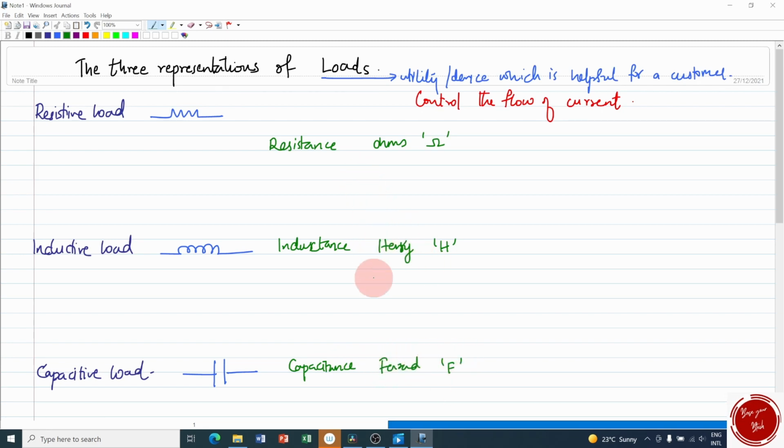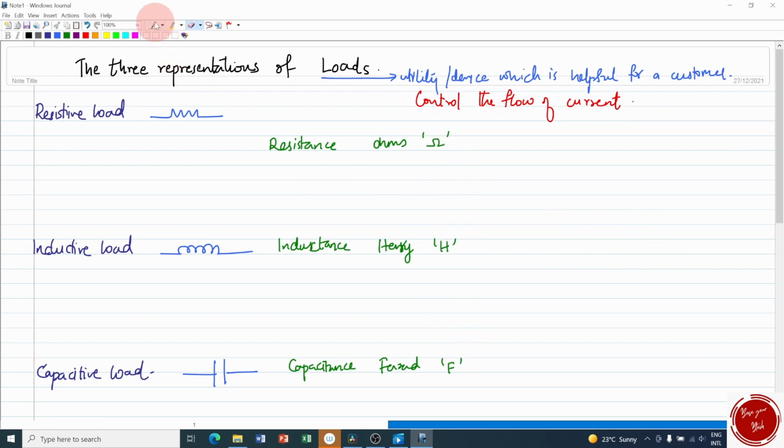Actually, resistance, inductance and capacitance are three different terms. We cannot add an ohm plus Henry plus Farad, just like it's not possible to add a speed and time. We have to convert either of the two into the other. Similarly, the Henry and Farad should be converted to ohm in order to add all the resistive terms.